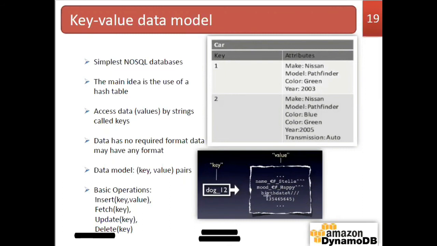value from the database. For fetching, you need only the key, and for updation also, you need only the key, right? With the help of the key, you are going to update the already stored data in the value place. And then the other one is delete. To delete a particular value, you can make use of the key here. Okay, so it is very simple.